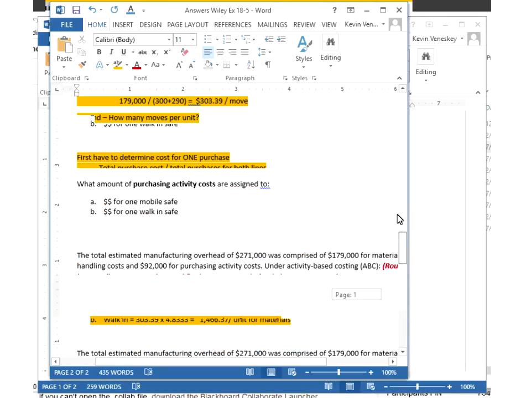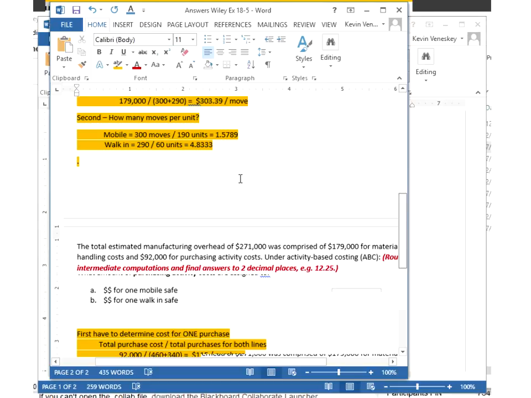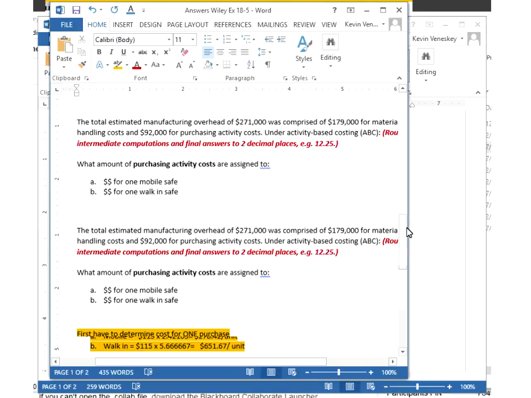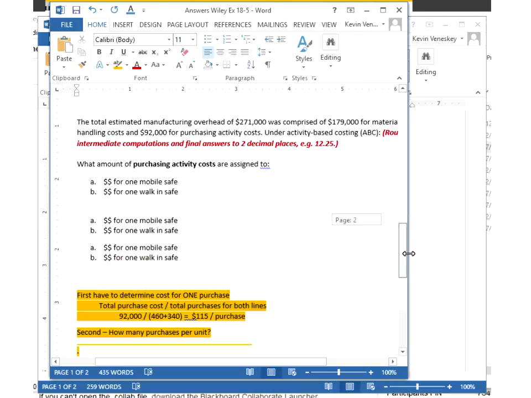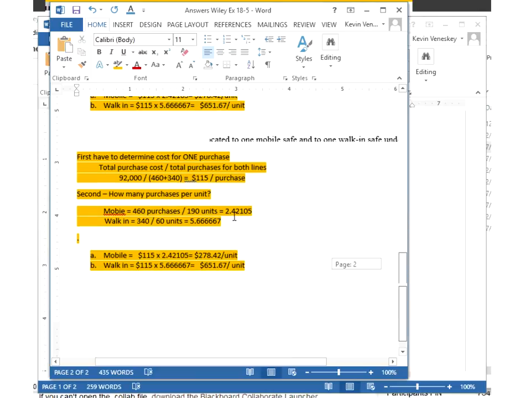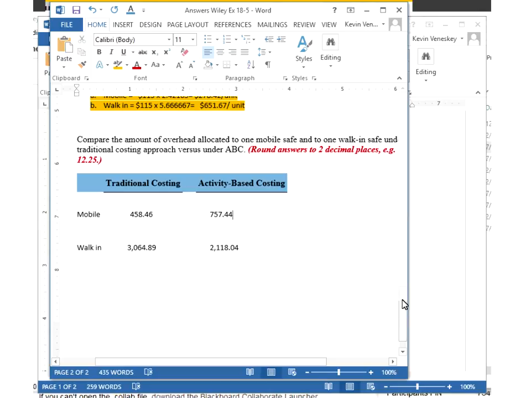All I got to do is take the two sections that we just did. For materials handling, it was $479, and for purchasing, it was $278. Add up the $479 plus the $278, and you get the $757 for one safe